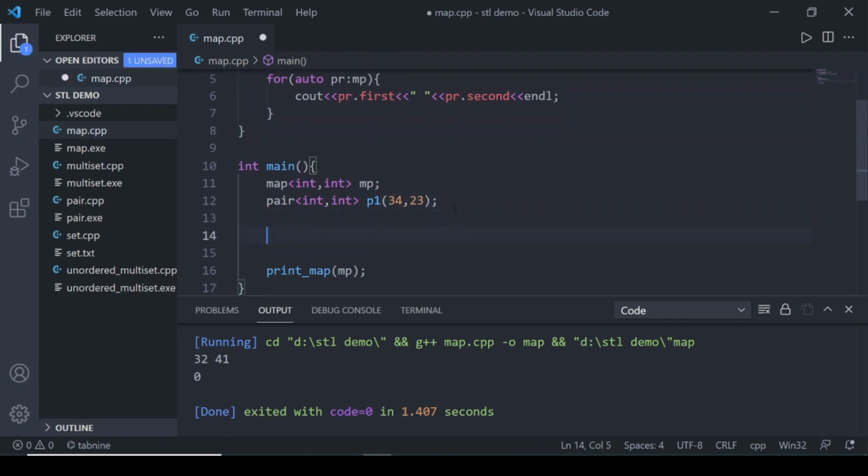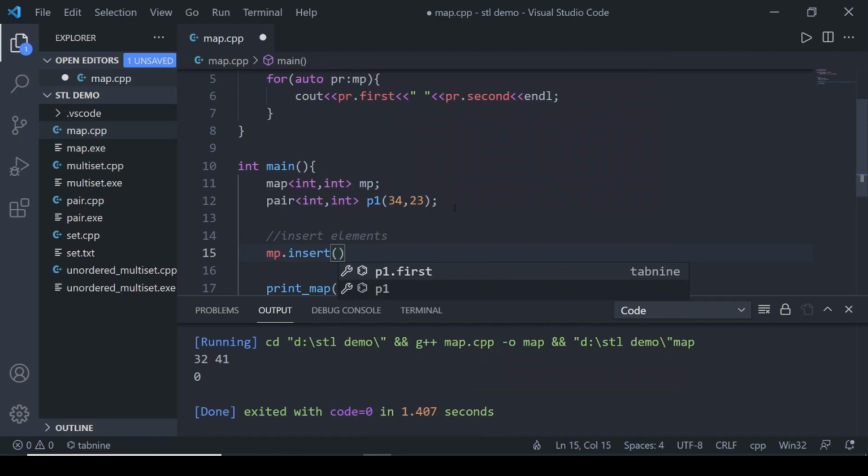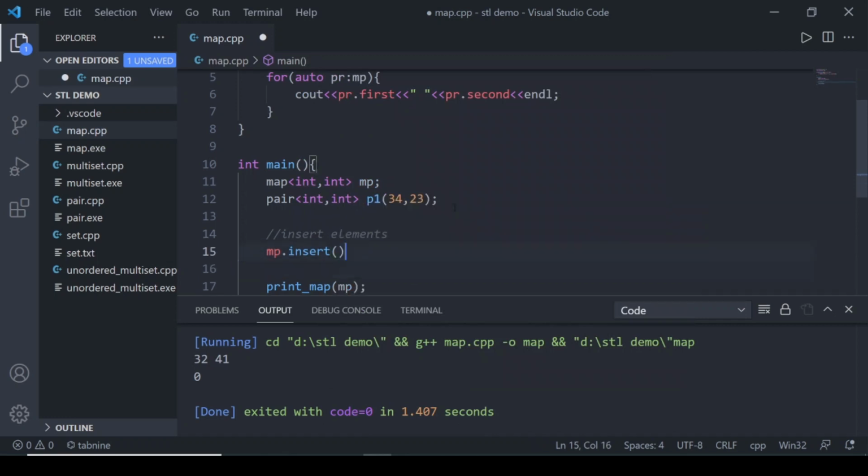Okay, so let's see how we can insert elements in the map. There are many ways in which we can insert elements in a map. The first method is to write insert. We just need to pass a pair as a parameter to the insert function, or insert method, you can say.